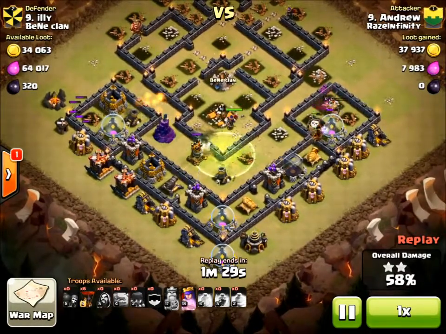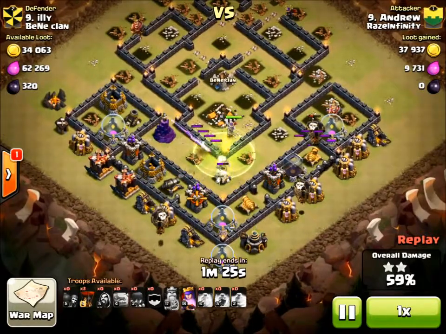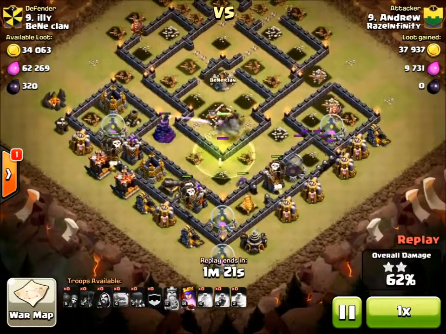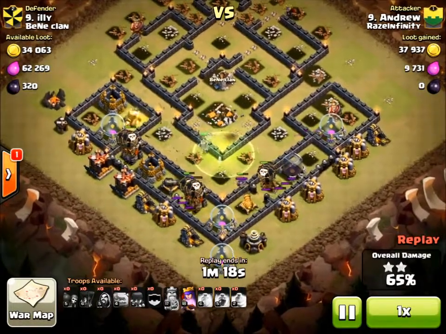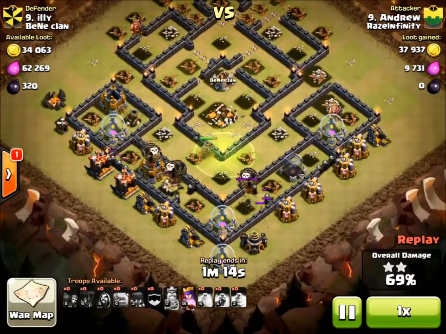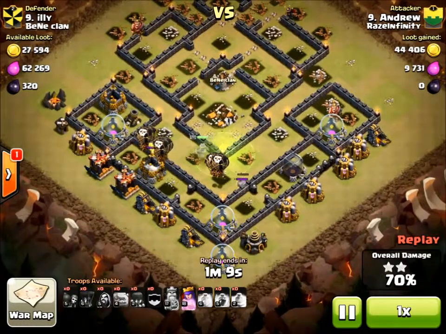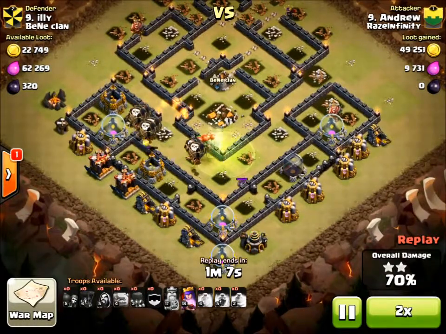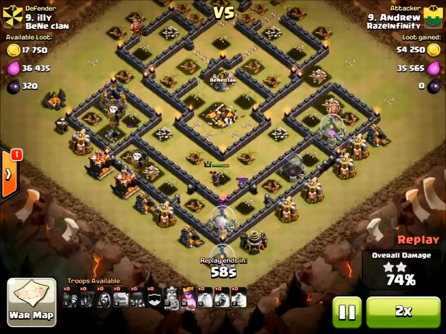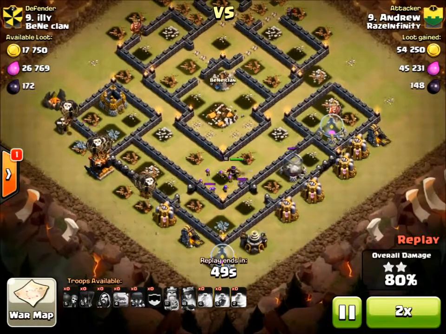So again, if you're wondering, how do I get these 3 stars? I'm just getting 2 stars. Well, this is one of the ways. Bring your Gowiwi, but instead of bringing loads and loads of wizards or an extra golem or something like that, bring these back end balloons, particularly if there's exposed cannons. Archer towers to a lesser extent because obviously they do shoot balloons, but you still only need 2 balloons to take out an archer tower safely. And if it's really exposed, you can probably do it with 1. And then I'll just speed it up now because all of those defences are taken out